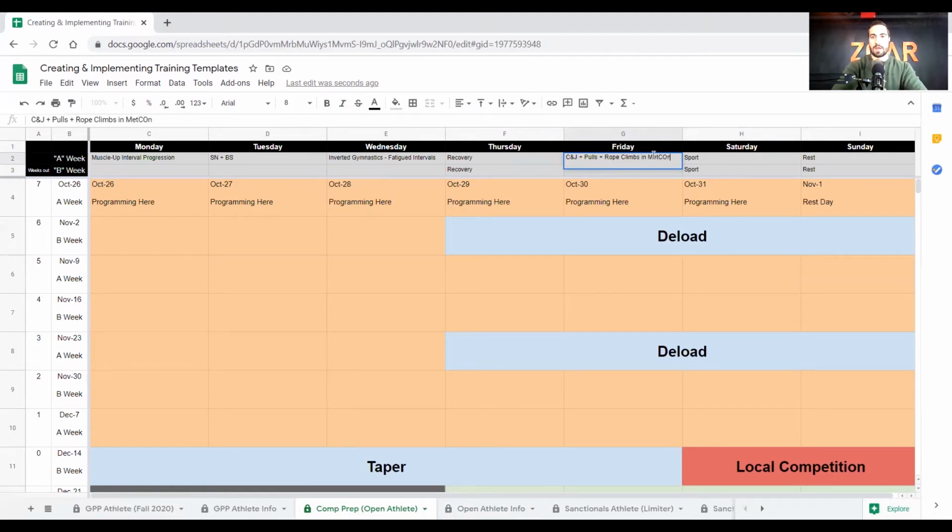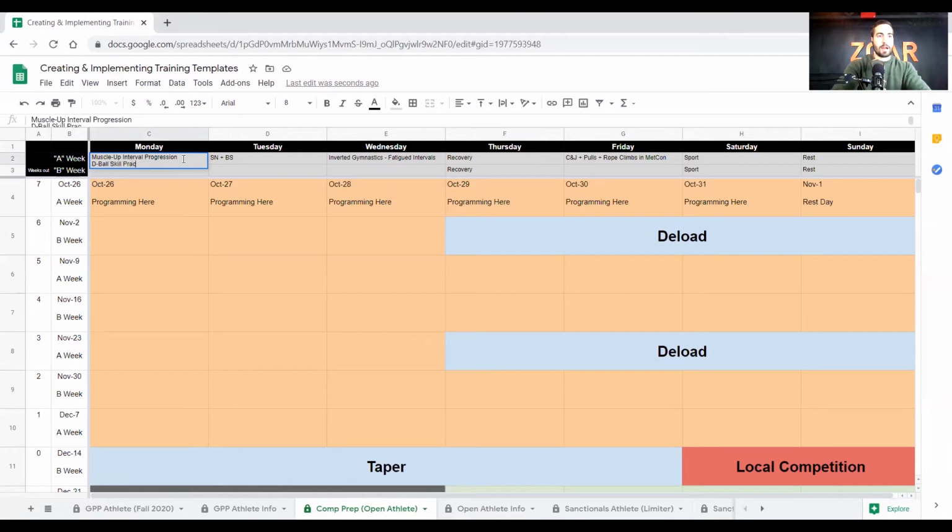And so this is going to be in a Metcon. However, we just got to make sure that when you program whatever Saturday, that it is complementary to whatever you're programming on Friday here. And this is where it's helpful. After we do something like this, we could throw in